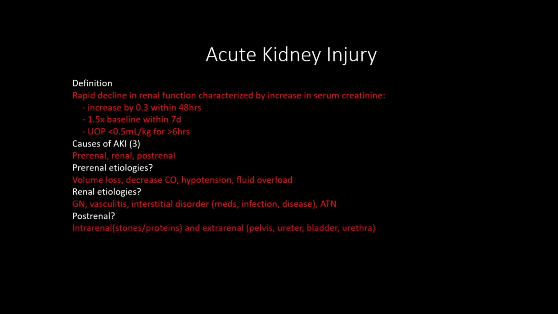Either your intrarenal or really close to the kidney, so this is like your stones or protein buildup where you can have obstruction of the collecting system that way, as well as extra-renal being further down. So this is any anatomy in the urinary tract, whether that's at the renal pelvis or in the ureter, in the bladder with stones, and in the urethra with strictures, and especially the urethra in the setting of BPH probably being the most commonly tested. So if the prostate gets big, compresses the urethra, and has outlet obstruction, you could see bilateral obstructive uropathy, as